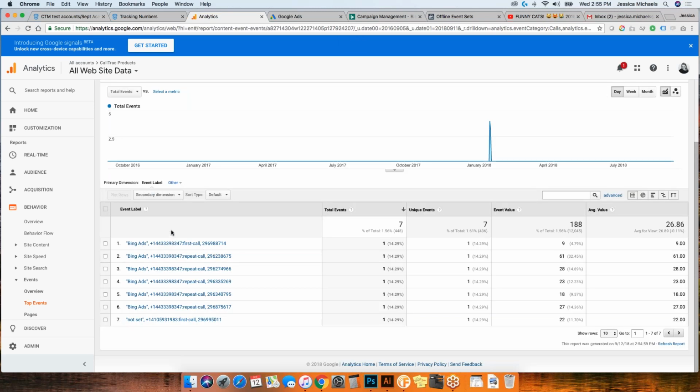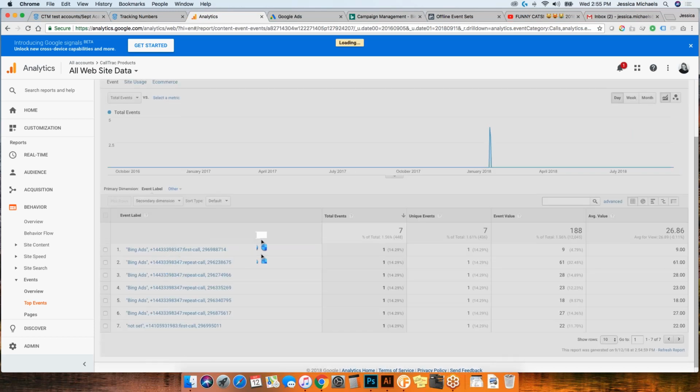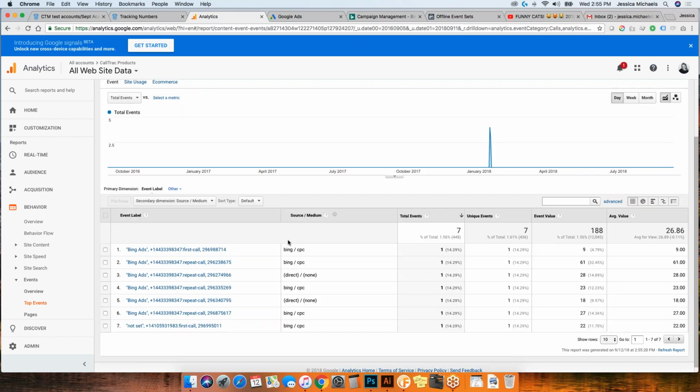Now, on the event action page, if you click into any of it, that's going to make your label unique to just that event action. Now, here's where we could really put in more granular information. So if I was looking for something like the source or the medium of the call, it'll put that in here. So this is what we're hoping to see, you know, Bing and CPC.